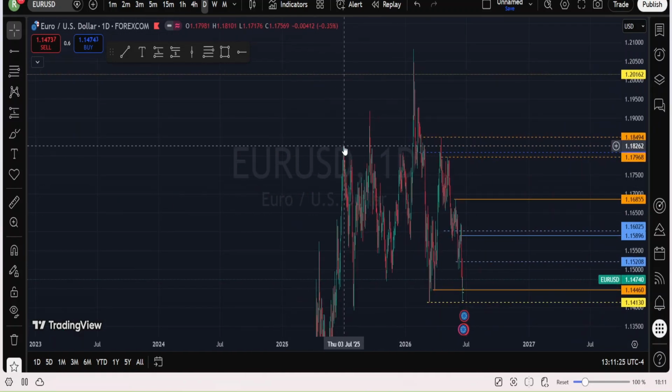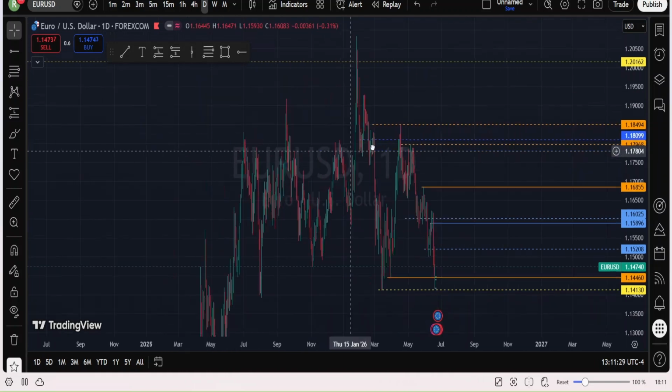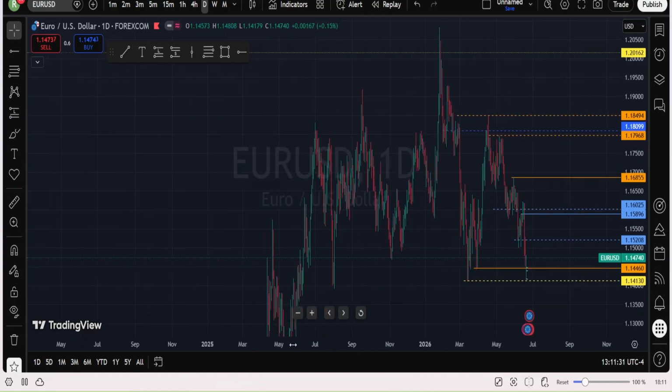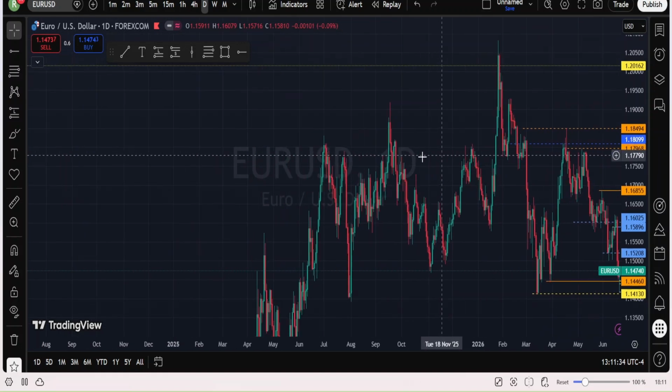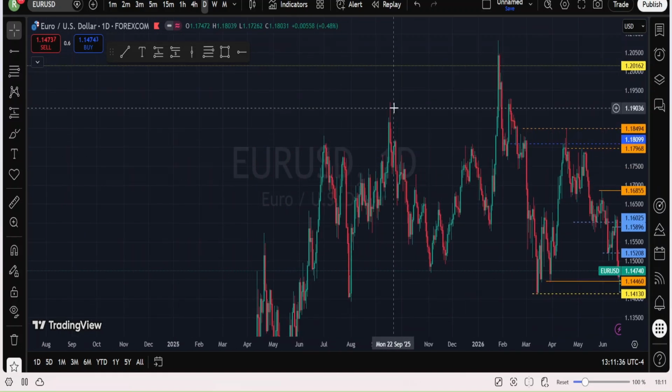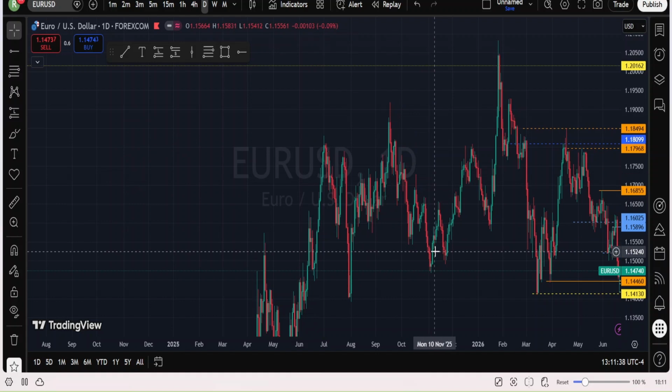Watch out for this level too. They push price up to this level, and you probably think it's a breakout, so I'm going to go for a buy. Look at it. It took out this level, then moved down in its direction. They are hunting liquidity. The same way on your sell side, they go hand in hand. It could be on the sell side liquidity, it could be on the buy side liquidity. That's what they are doing.